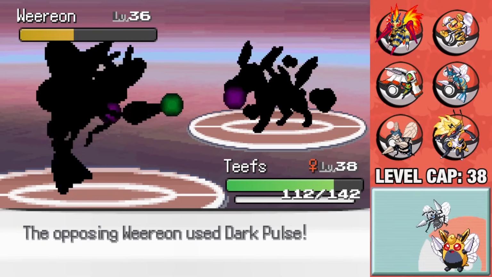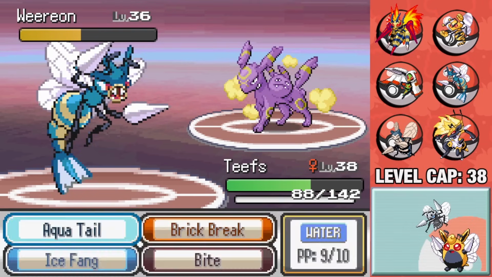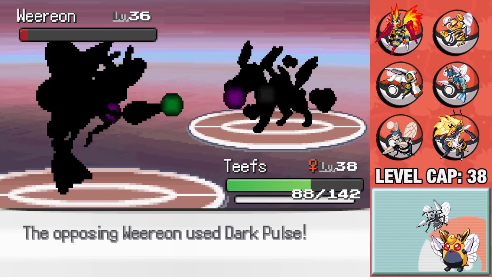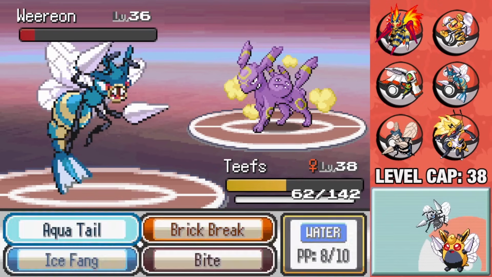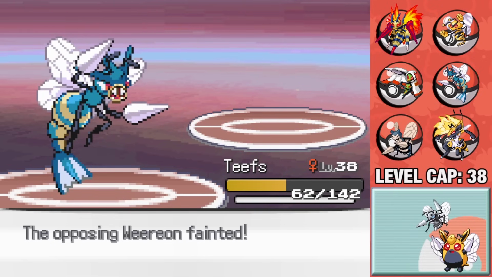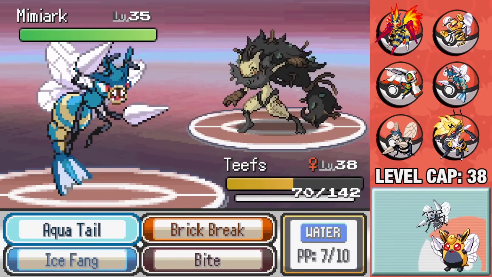We're going to go for an Aqua Tail, bringing it down pretty low, as a Dark Pulse is going to bring us down just below half. And with another Aqua Tail, we take it down even lower as we're going to get hit down a bit low ourselves. And with one more Aqua Tail, we take it down, which leads into Memorack, who's going to go